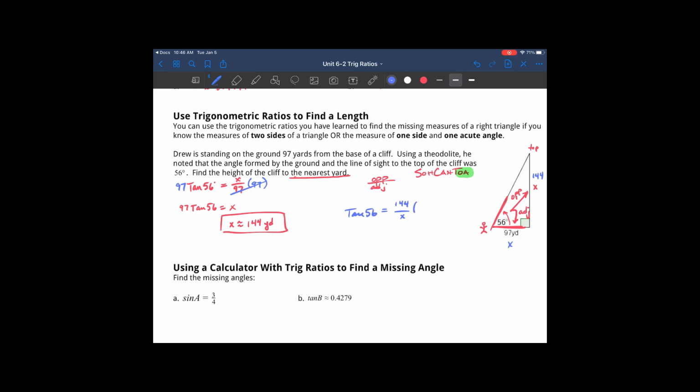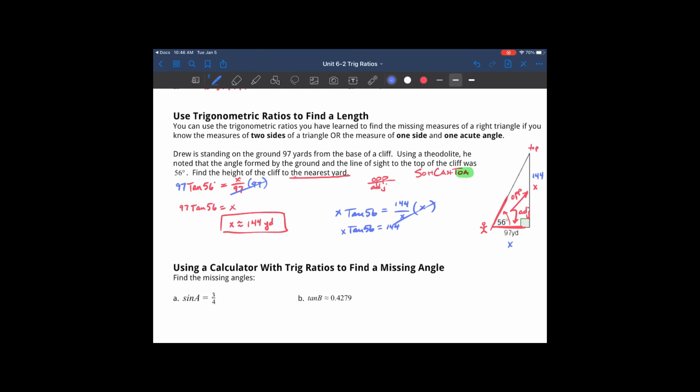I would multiply by the denominator to get rid of it, and in this case, the denominator is a variable, so sometimes this just looks weird for students. So if I multiply by the denominator, that would get rid of the denominator on the right side, the x's, and that's okay to cancel them out because you have an x on the left side. So you would have x tangent 56 is equal to 144, and then you would solve for x,